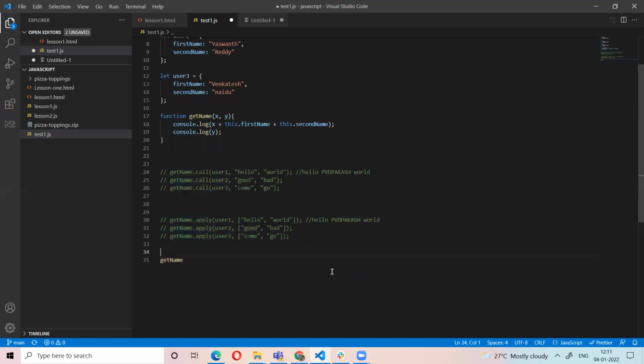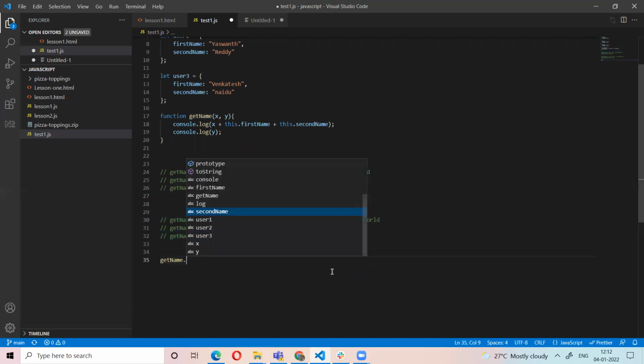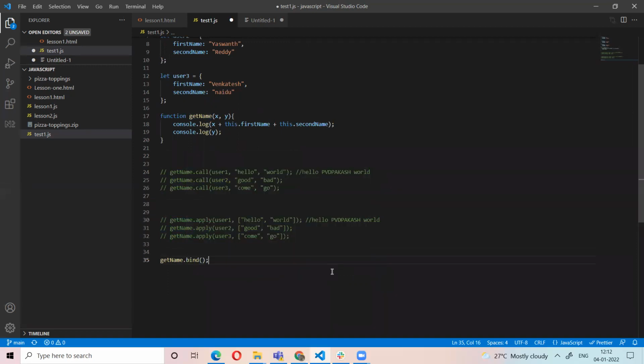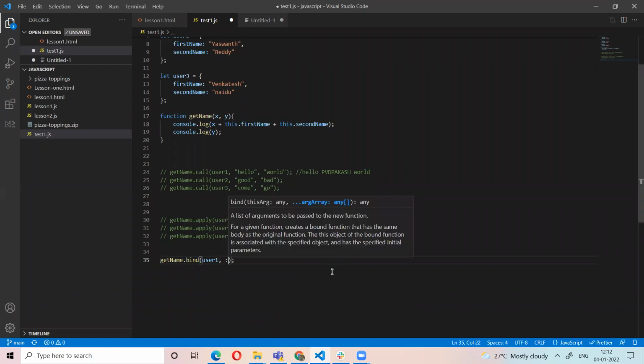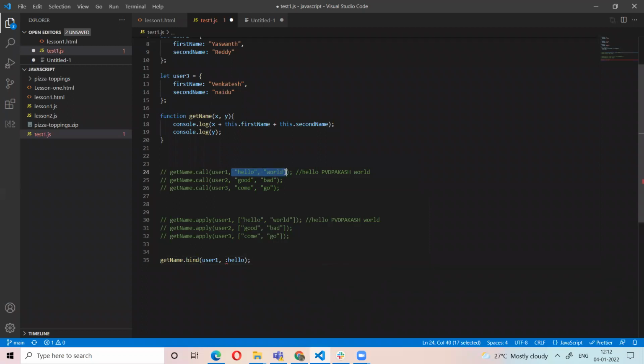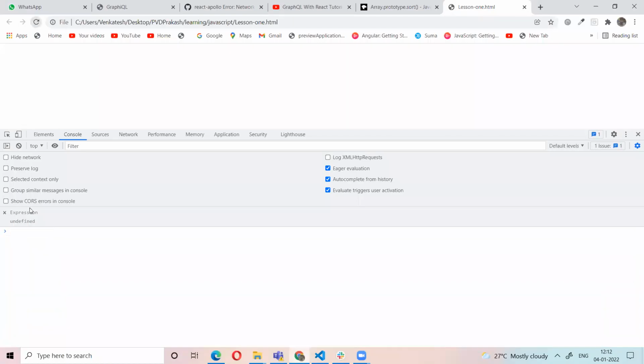I use the bind method on the user output. I pass hello like this. Let's see if there is any output. Any output? No, right?